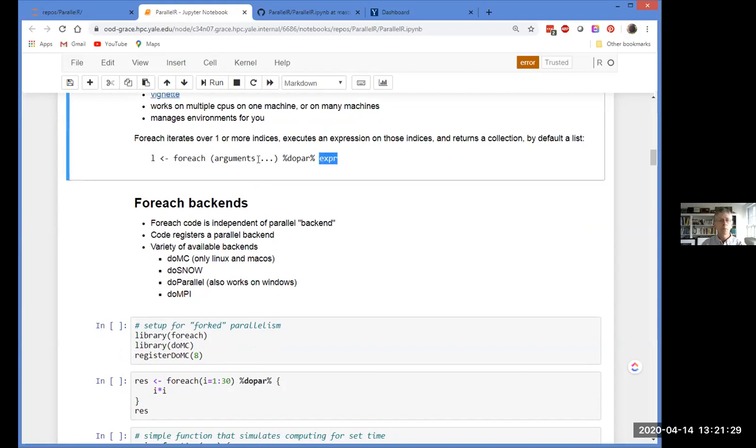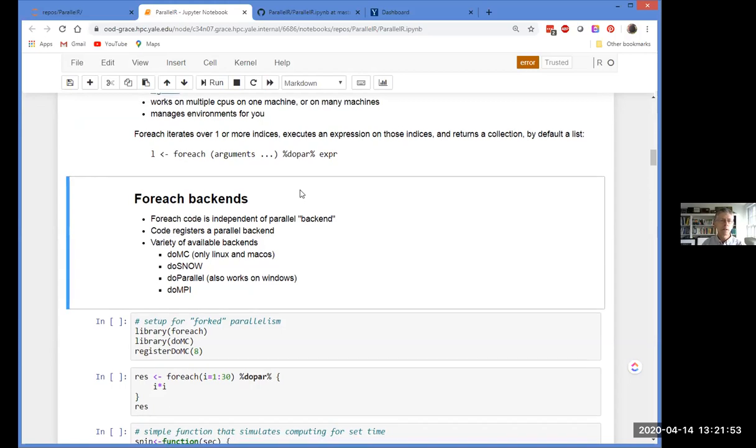We're going to execute that multiple times, one for each set of arguments, and we're going to, by default, return a list of each of those results back. So here I've set it to L. If you're familiar with a parallel apply, this does feel a lot like a parallel apply, just with slightly different syntax.